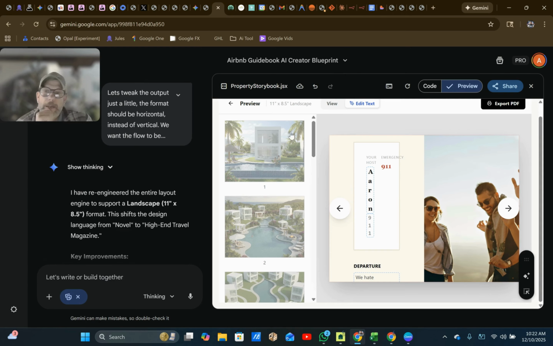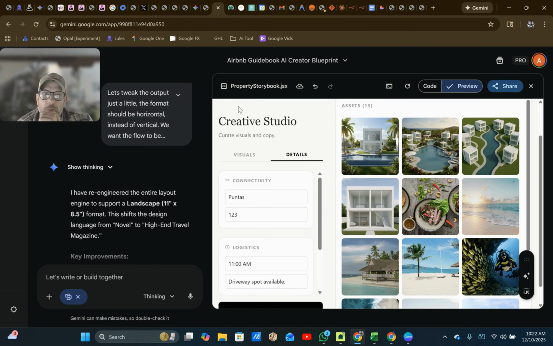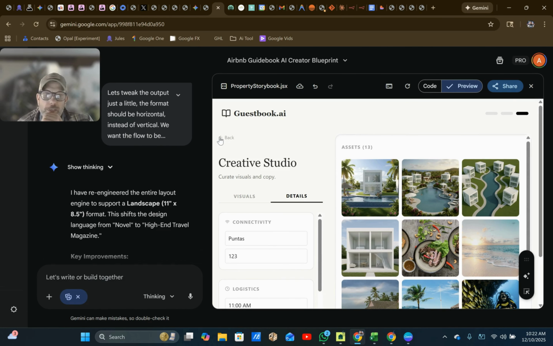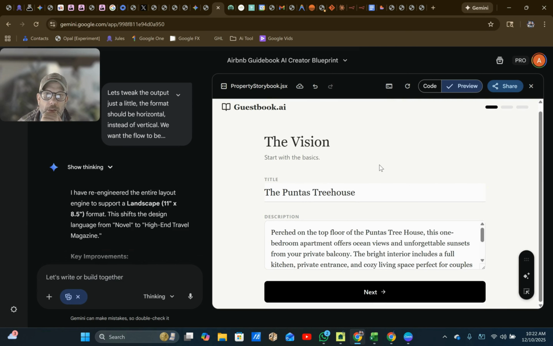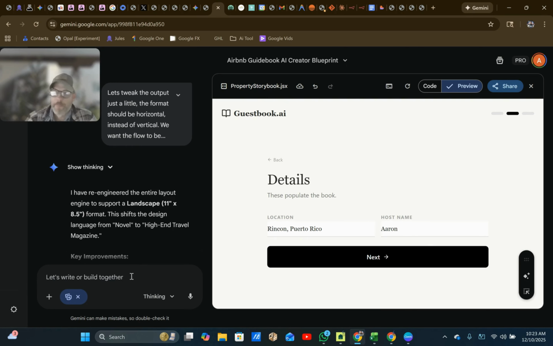So I think we'll play with a couple more features before we finish up this part of the build. And so I think I'm going to ask it if